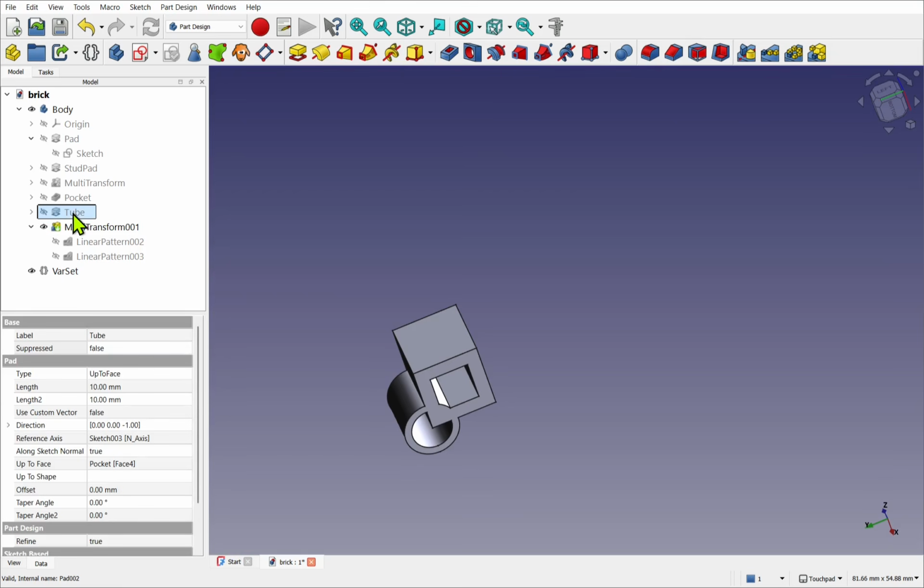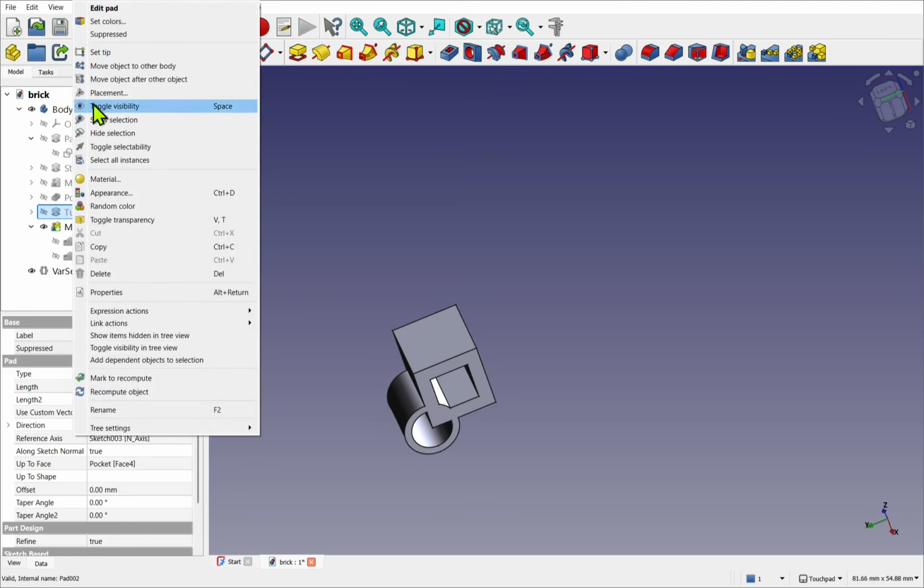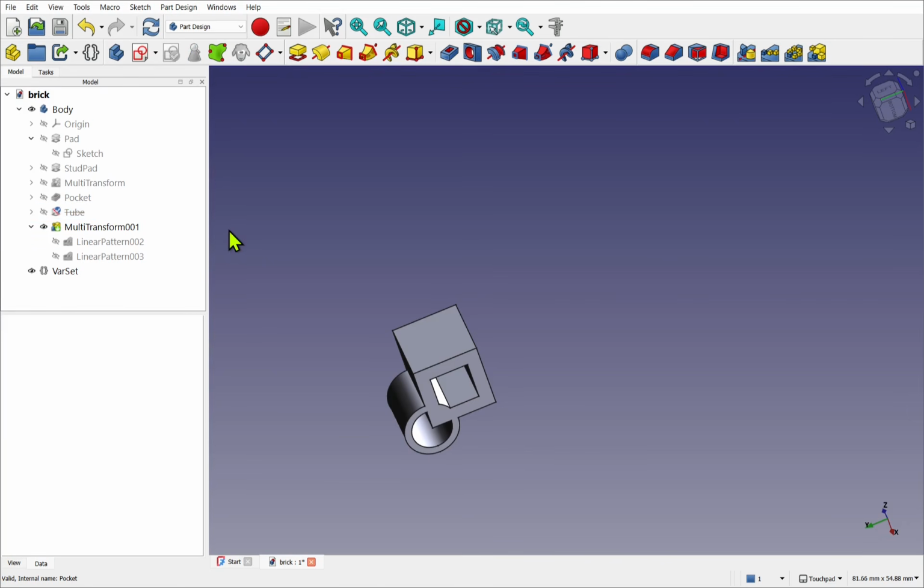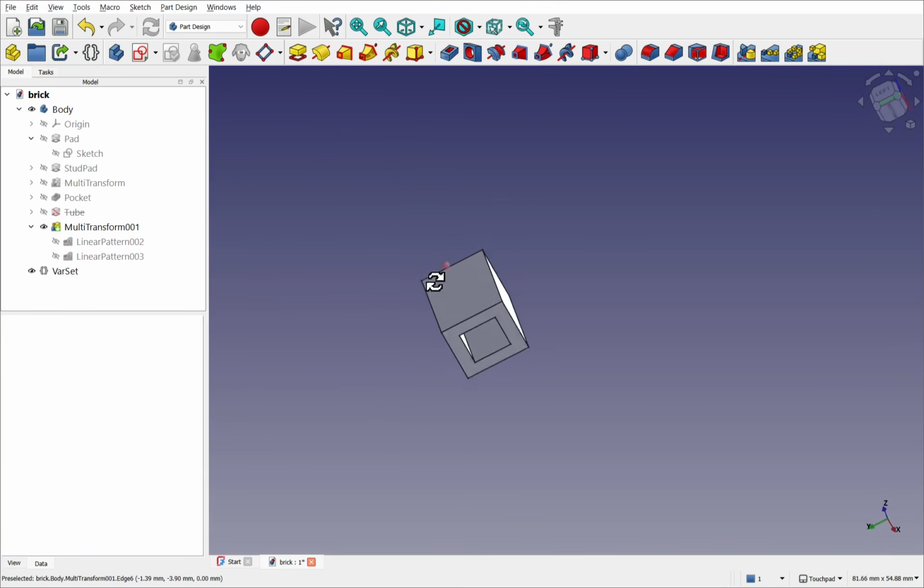If I suppress the next feature, right click and suppress is another way and click off. Notice there's a line going through the tube. That's refresh, and the tube's gone as well. And this is the result we want. We can automate that process. Let's go back